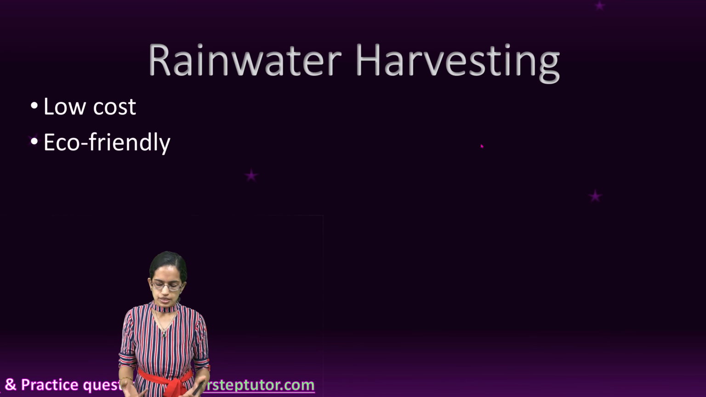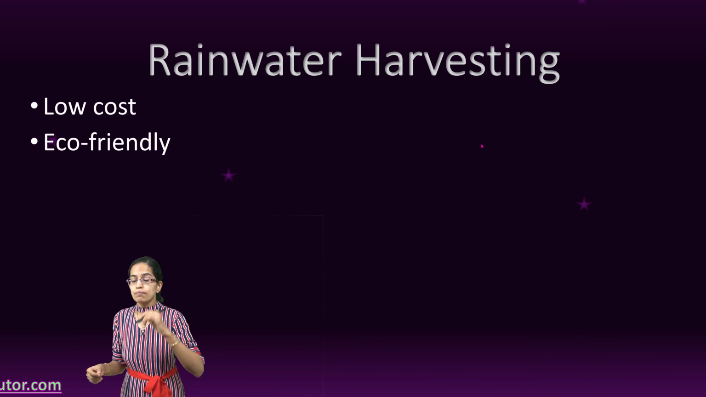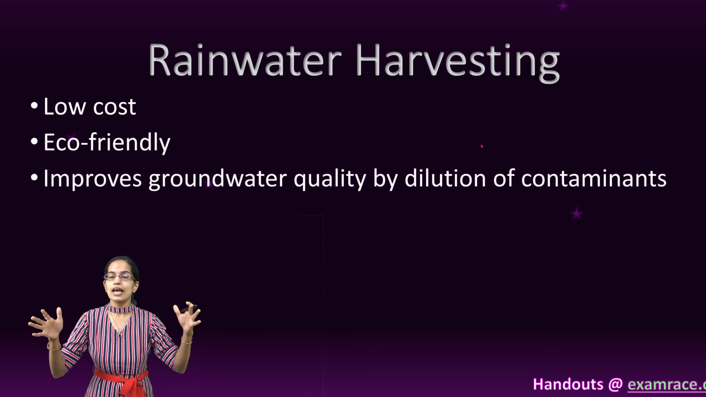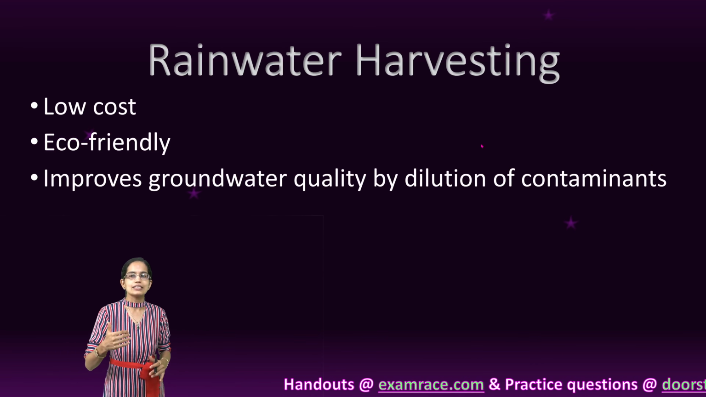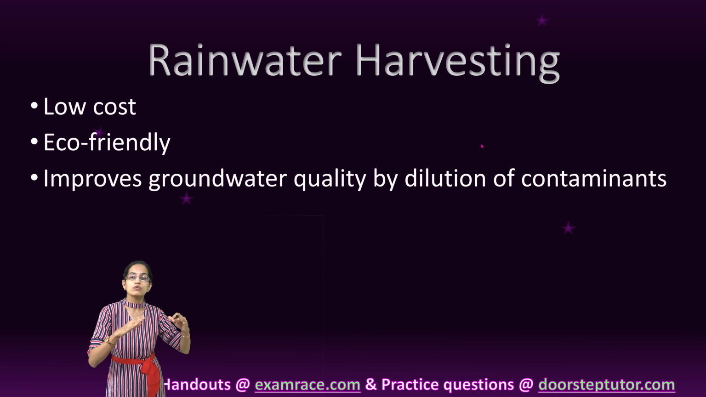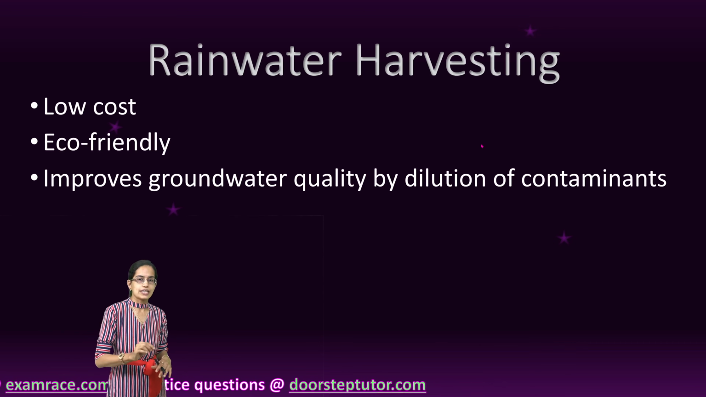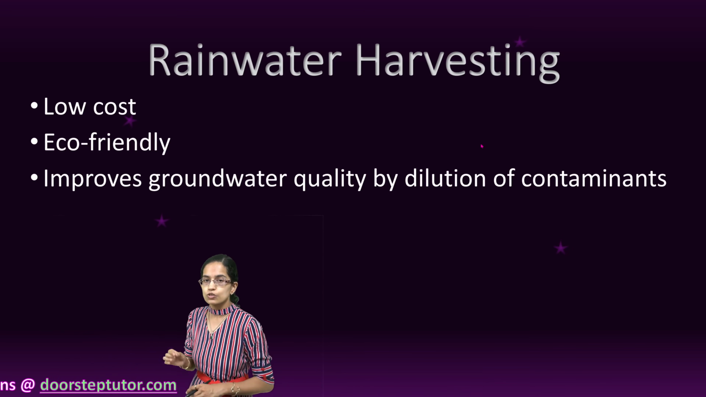Also, when you have rainwater harvesting, the dependence on the groundwater would reduce because you are creating the tanks from which water would be used throughout the year, and as a result the groundwater levels would not go down, and there would be dilution of the contaminants. So the poisoning related to arsenic, contamination related to fluoride,